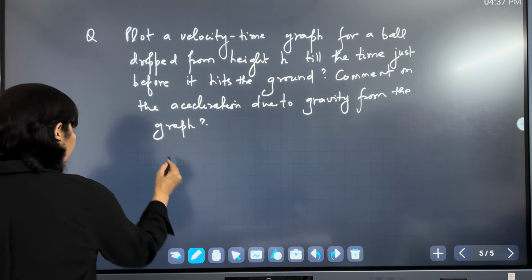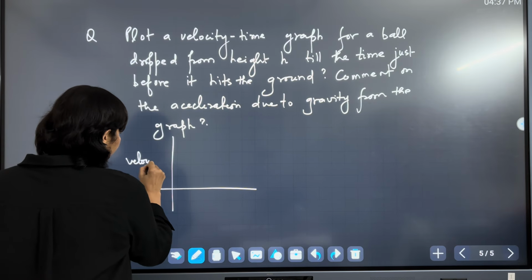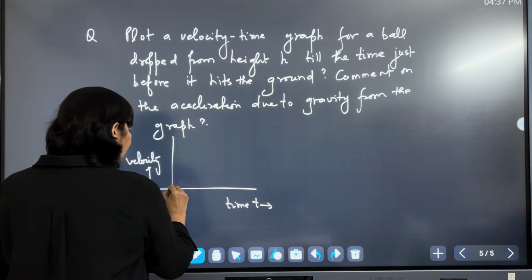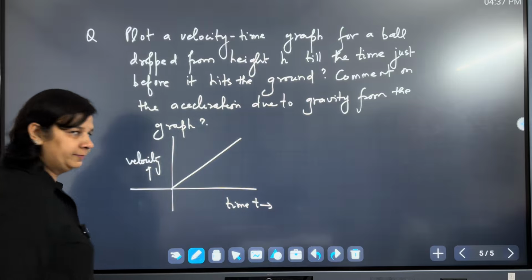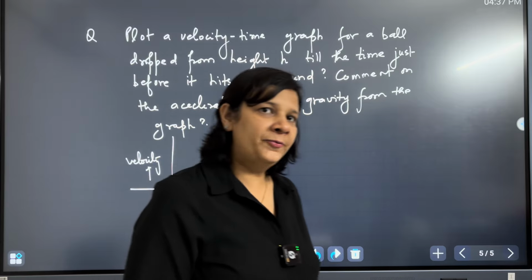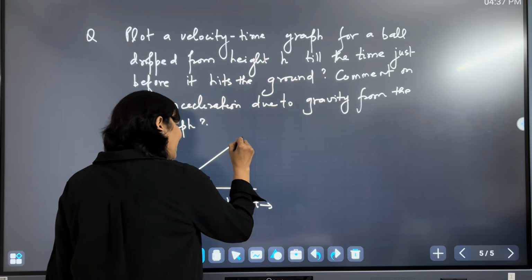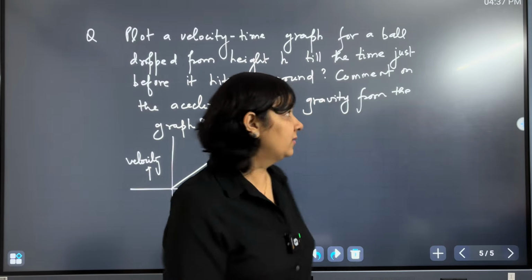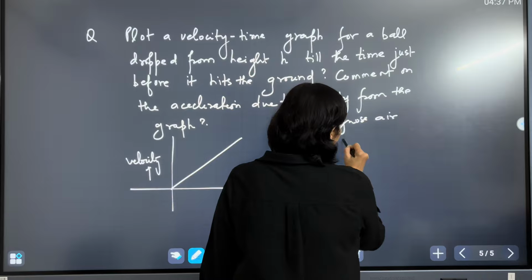Okay, so now we will see that if you plot the velocity of an object with time, the velocity is 0 when I am holding it in the hand and then it increases linearly. From here, this will be the graph for an object, so its velocity will be maximum just before hitting the ground. I am ignoring air resistance.